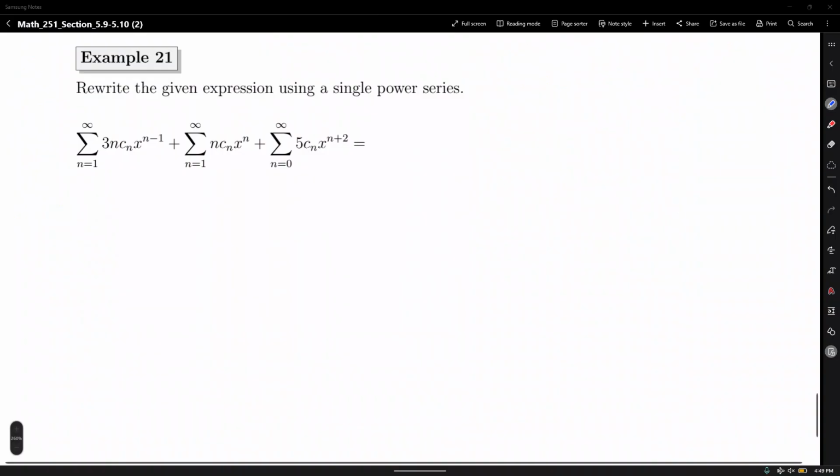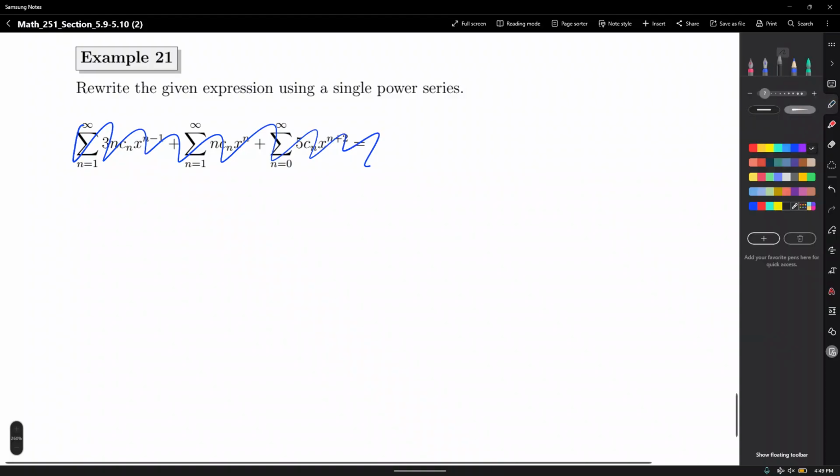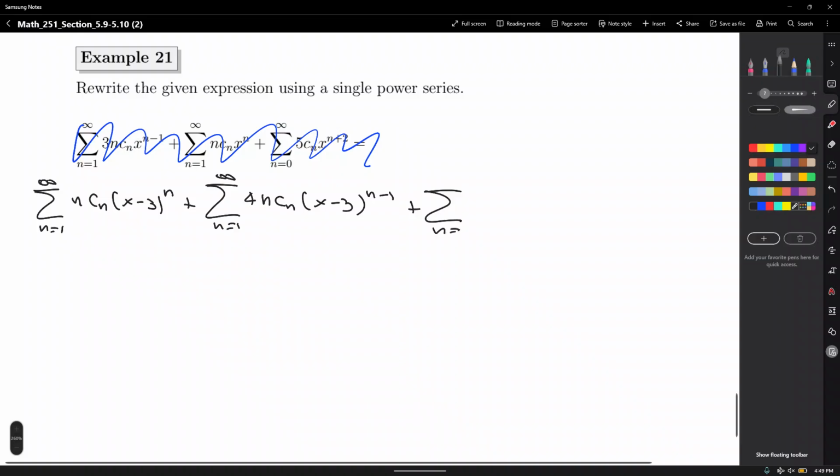All right. So let me change this series for something else. So this will be then, let me use a different color first. We use black. Sigma n equals 1 to infinity n c sub n x minus 3. Notice in this case, this is going to be a series centered at 3, not at 0 like the other ones. Plus sigma n equals 1 to infinity of 4n c sub n x minus 3 to the n minus 1, plus sigma n equals 0 to infinity of 2 c sub n x minus 3 to the n plus 1,